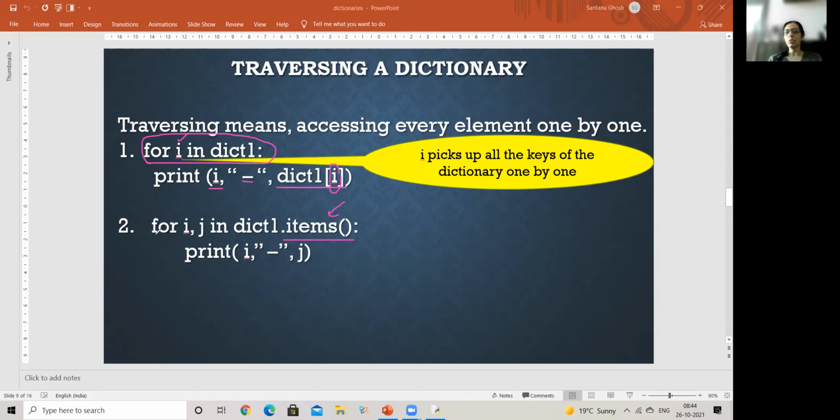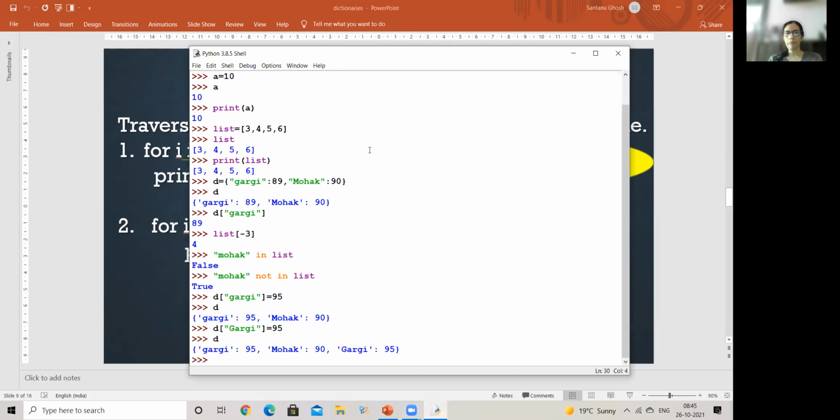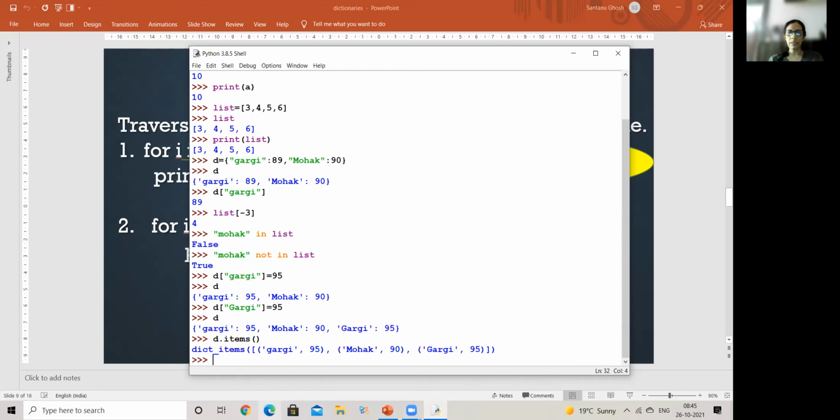Otherwise, directly, if I go to my IDE here and I just say that this is my dictionary, t dot items. Can you see it is generating the same data in a tuple format, a little differently, but a combination of both the elements, the key and the value. Okay, this is what items gives me.